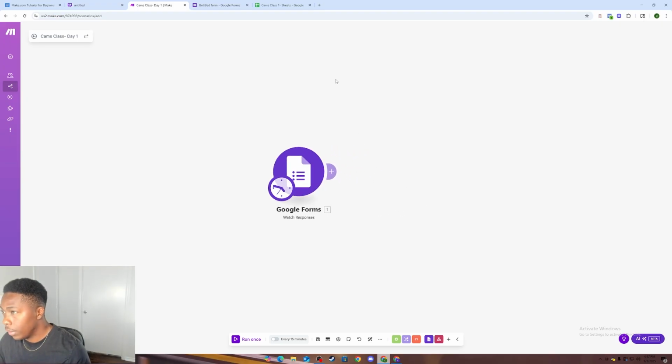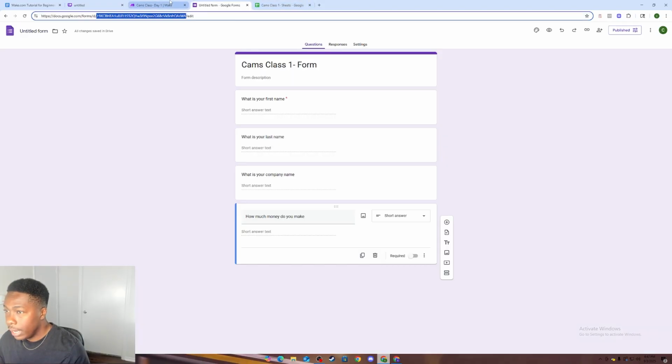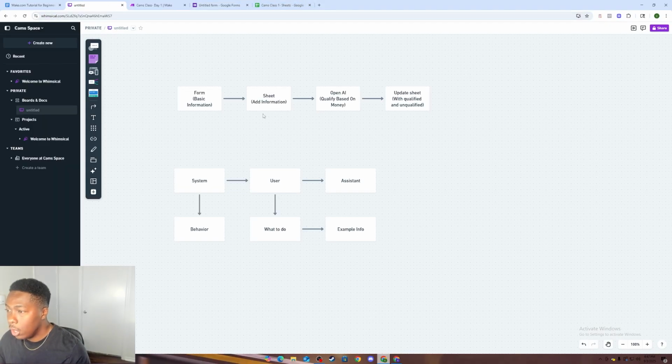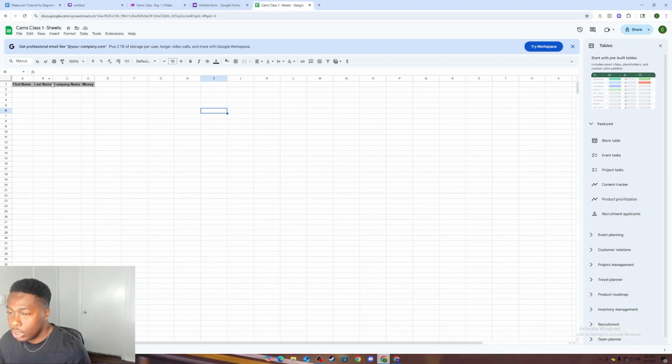And plus I want to show you it in action. So then, what do we need next? We need to add that information to the sheet. So every time somebody submits that form, that information will go to a sheet. So watch this. We're going to use this sheet right here. This is going to be pretty much a CRM of sorts, a mini CRM, just to keep information for your